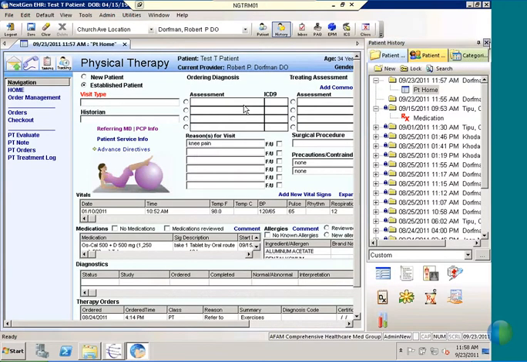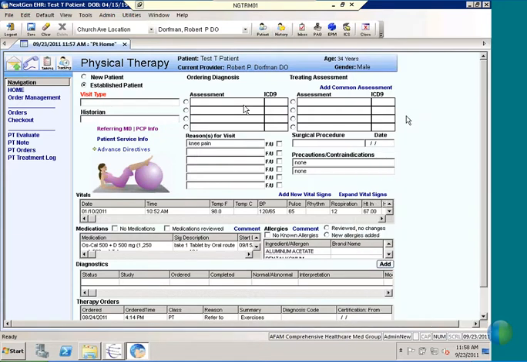Okay, the person at the top of the screen is not who's logged in. That's just the provider that was selected. Nothing can change that. Can change your name. Okay, so treatment,